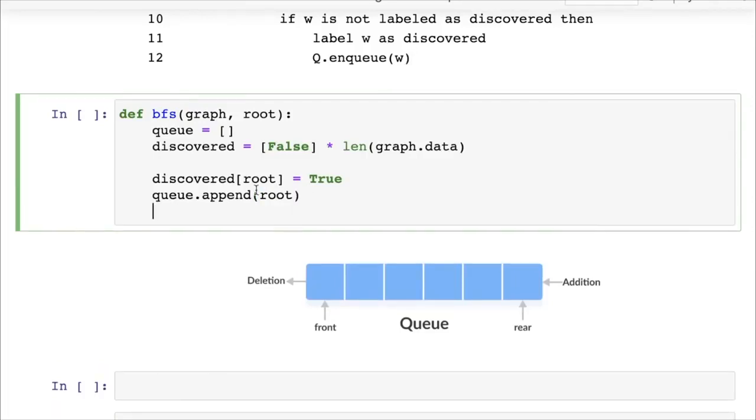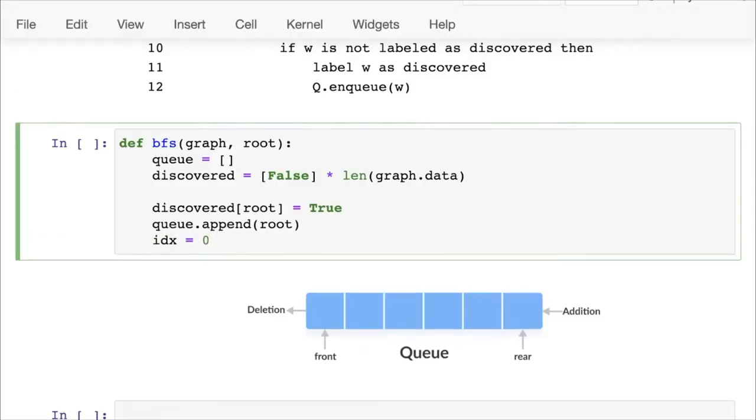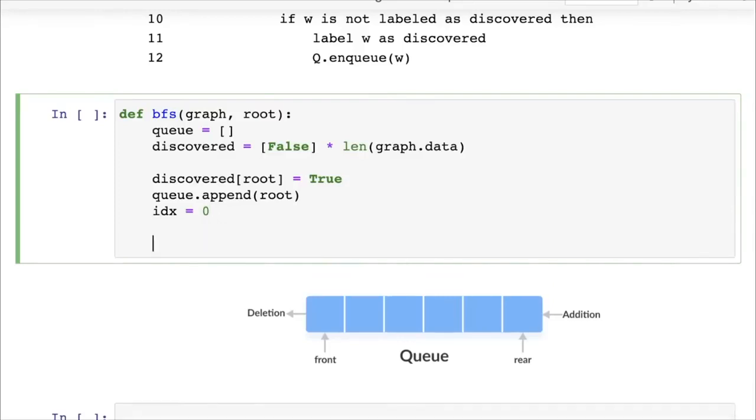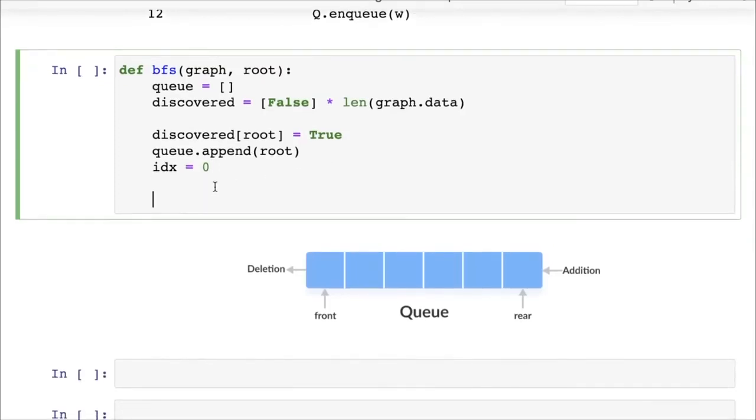Now Python lists by default do not support a dequeue operation. So what we will do is we will set up an index which will track the first available element in the queue. Okay, so whenever we dequeue an element, we will increase the index so that we move forward. So here we have the index idx equal to 0. So now while there are elements in the queue, which means while the next available index is less than the length of the queue,